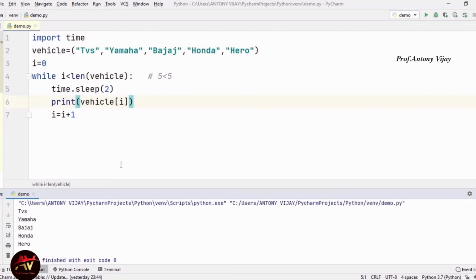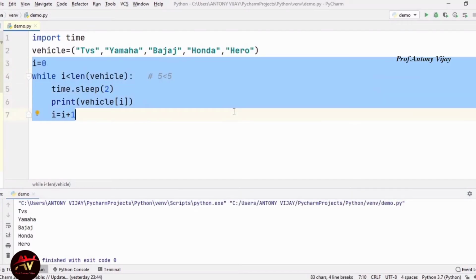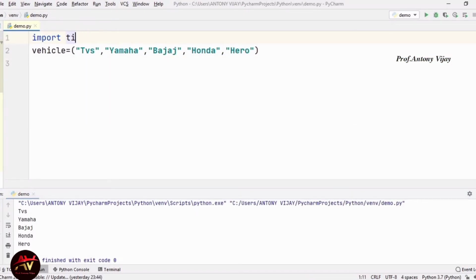Next we will see how to join two tuples. I am going to remove this while condition, and I am also removing this time package. I want to create one more tuple, that is fruits.